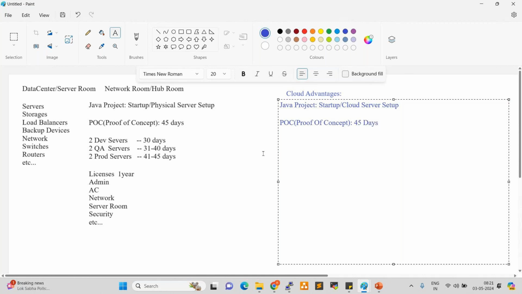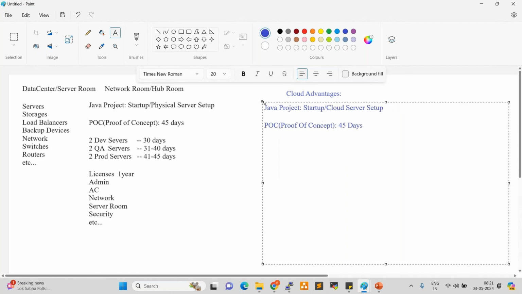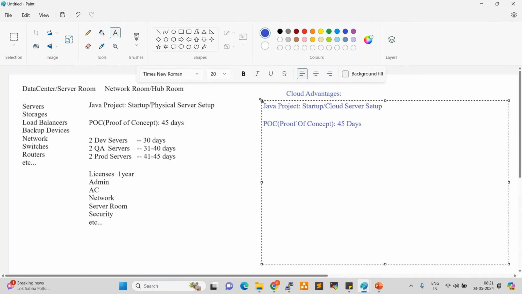In cloud, whenever we require servers... normally if you want to set up physical servers, we need to procure all the servers at a time, right? We need to place the order with a vendor, Dell vendor, HP vendor. They deliver the servers within 3 days, within 1 week, or within 10 days, right? After that, we can move the servers to the data center, server room. We can configure the servers, install the operating system, applications and all. We can move to production, we can hand over to developers, right? That is physical server setup.